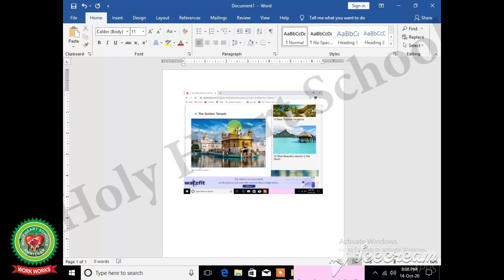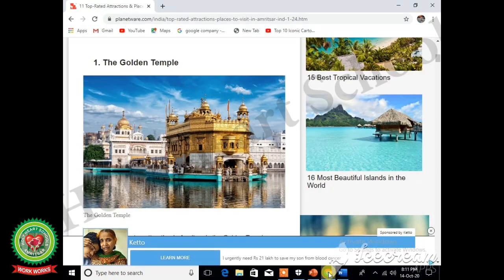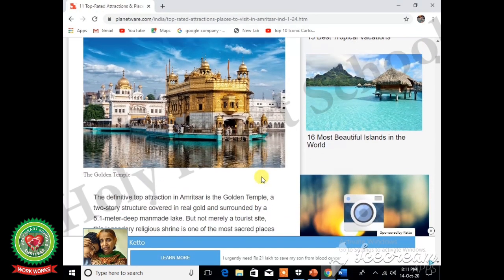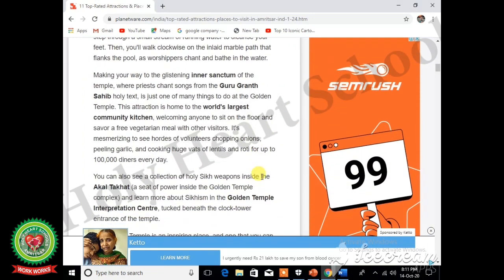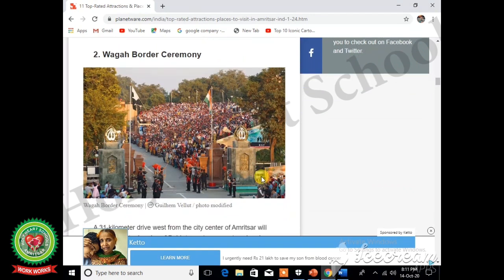Similarly, click on Google Chrome icon from the taskbar, scroll it down and take the printout of the second tourist place of Amritsar, that is Wagah Border Ceremony.